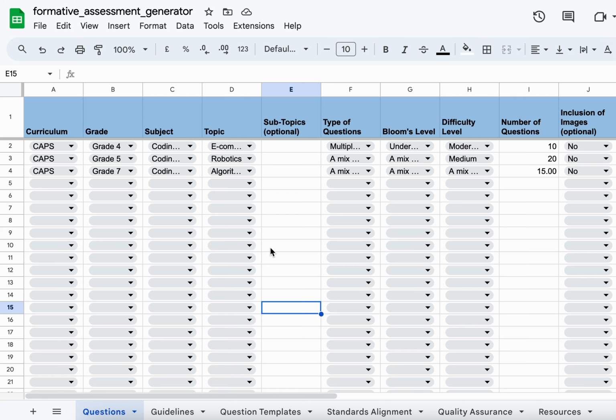So this is a prototype I put together. It's a formative assessment generator. And how I've done it is I've used ChatGPT's code interpreter function and a spreadsheet to create structured data. So the spreadsheet is uploaded to code interpreter along with quite a detailed prompt, a mega prompt, I guess